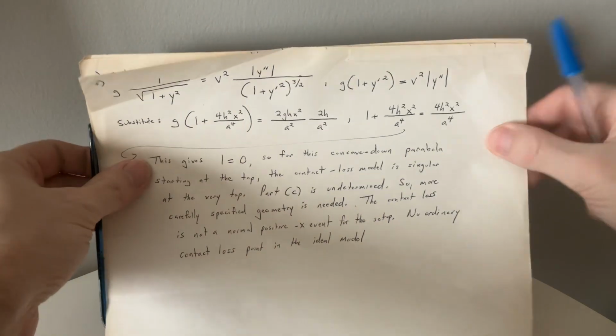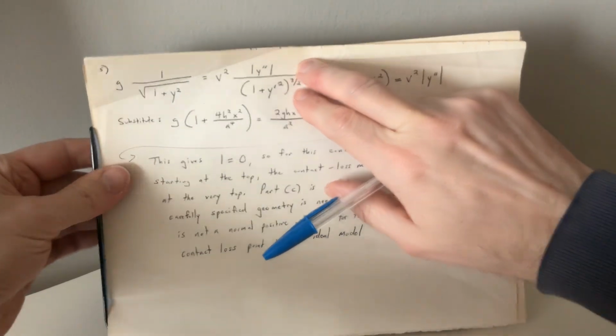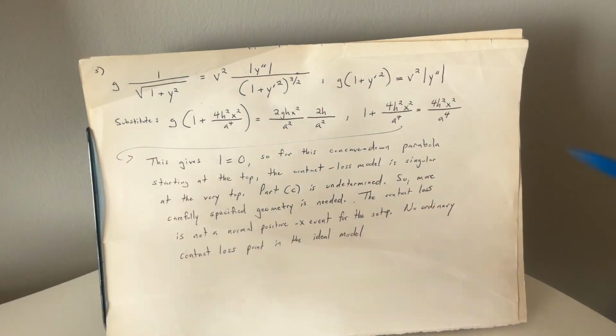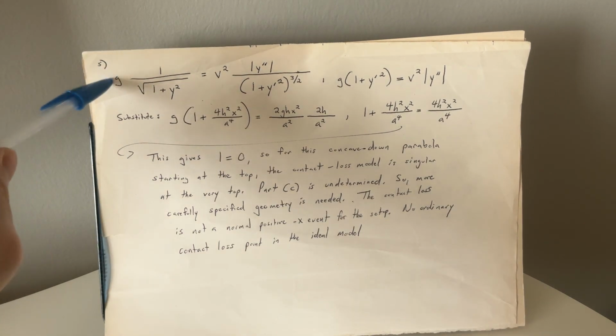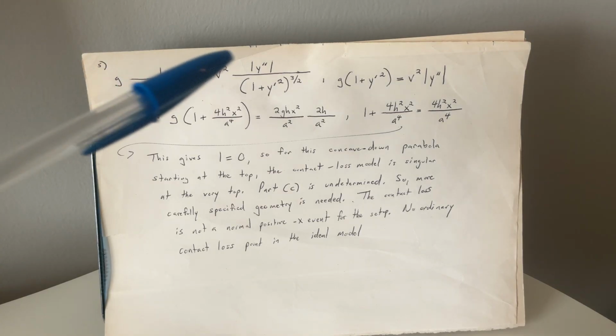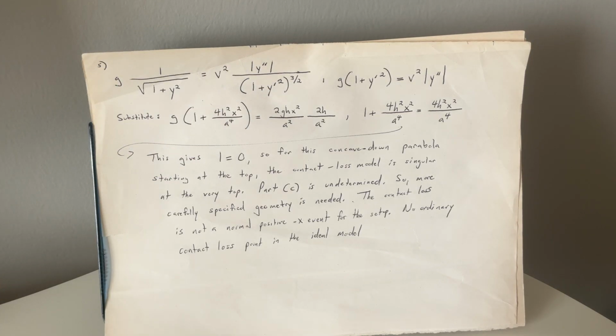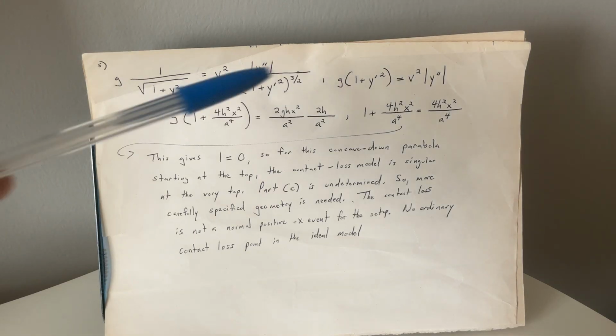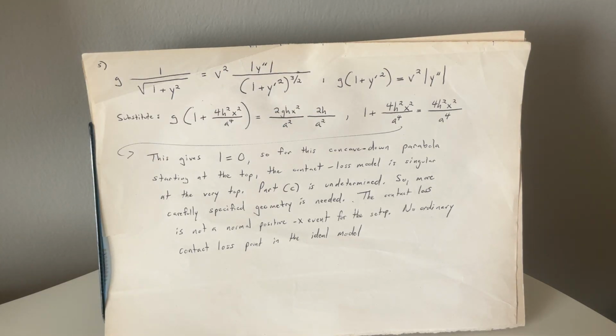So building on that, we could say the following: g times 1 over the square root of 1 plus y prime squared equals v squared times the absolute value of y double prime divided by 1 plus y prime squared, that quantity raised to the 3/2. So now g times 1 plus y prime squared is going to equal v squared times the absolute value of